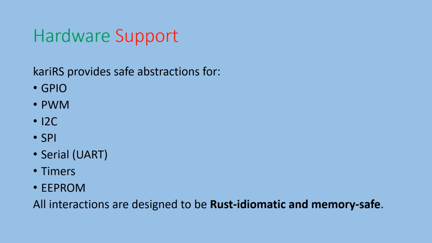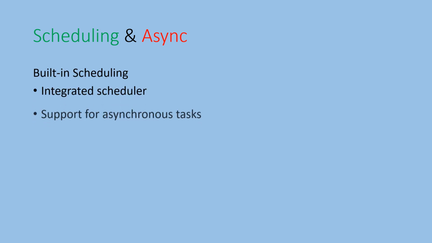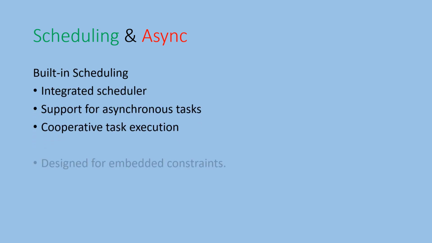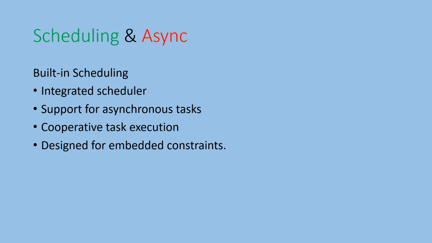And this has been quite supported and made possible by something called kari macros. kariRS has this crate known as kari macros, and we also have the kari hall. All these work together to give you a very amazing framework for you to write your embedded code. So this is the other feature that you get from kariRS out of the box without having to install any other thing, any externals or anything.